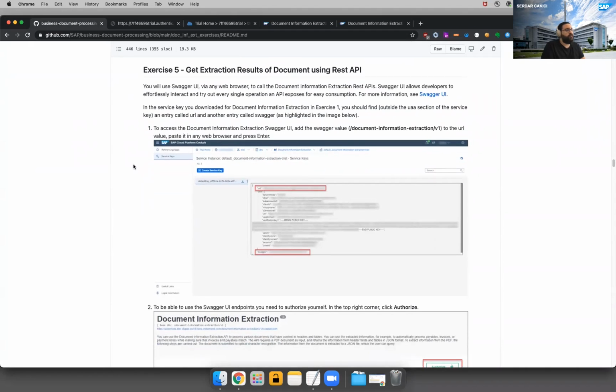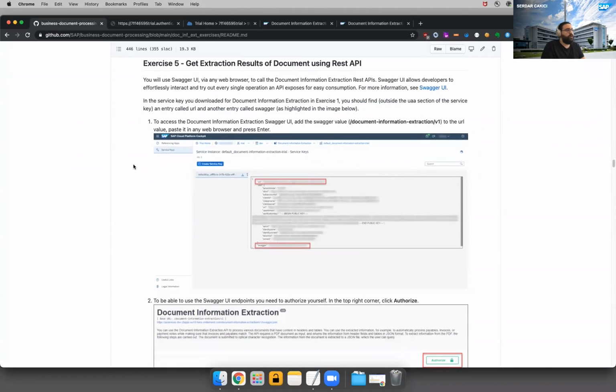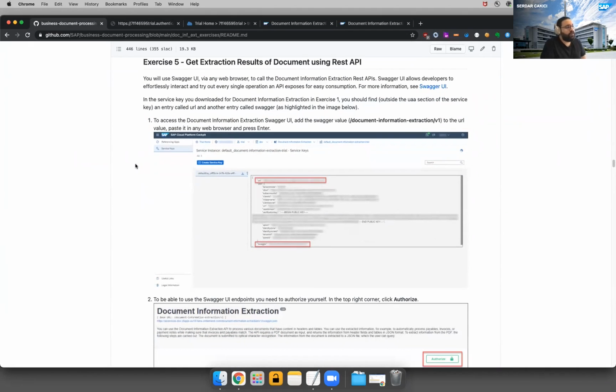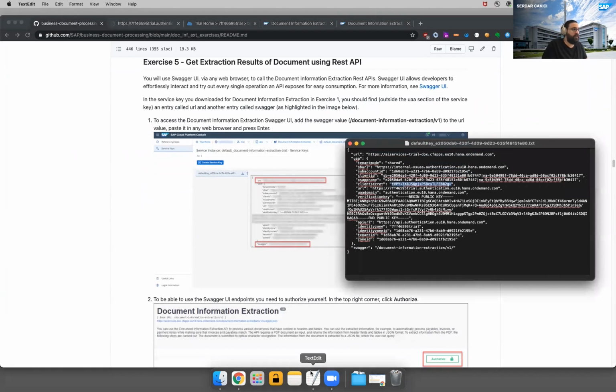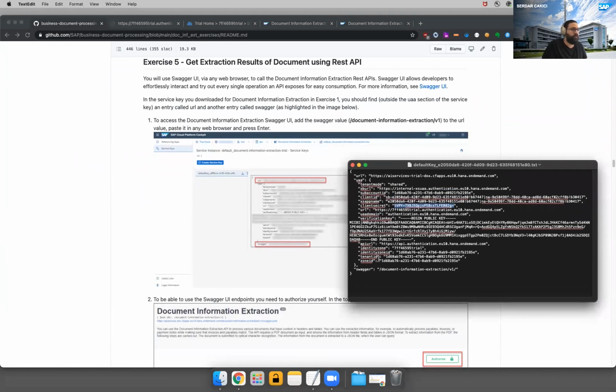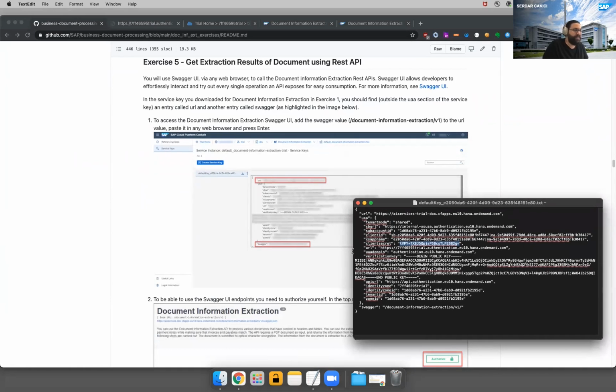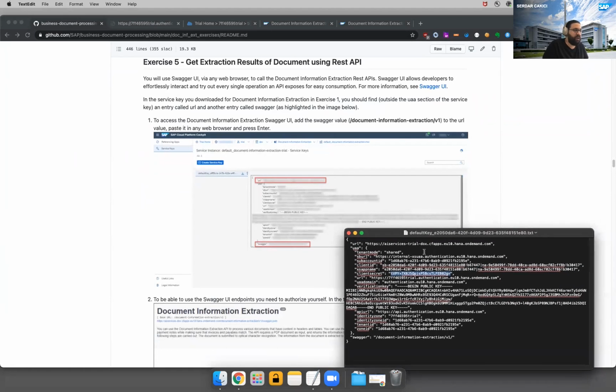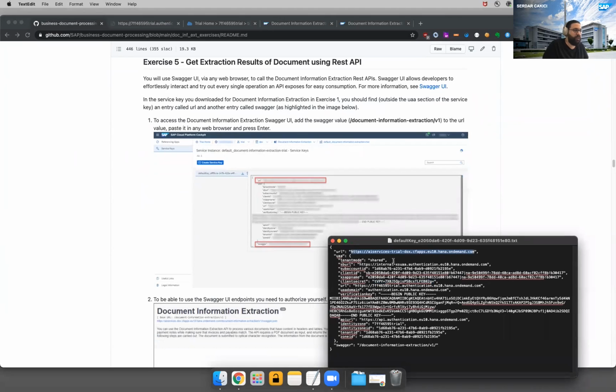Basically, then what we are going to do is consume the REST API through Swagger UI. It is the same way that Manuel has done it for document classification as well. For this, we again go to our service key documentation, and this time we copy the URL value, not the one under the UAA like before, but the one at the very top level. There is another URL